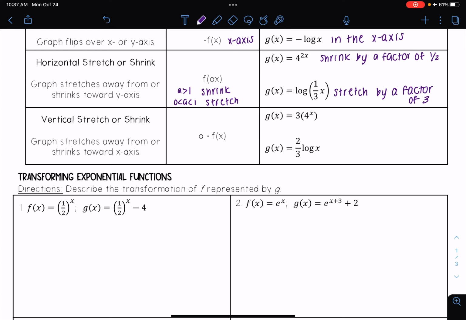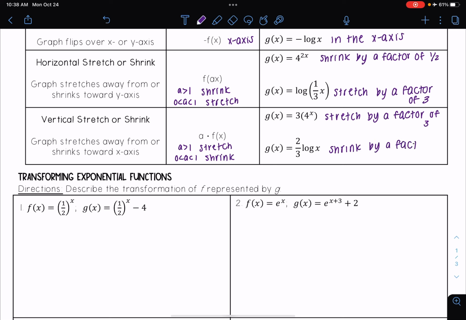And then vertical stretch or shrink is when the graph stretches away from or shrinks toward the x-axis. And so this is going to look like a times f of x. So here, if a is greater than 1, that's a stretch. And if a is between 0 and 1, that is a shrink. So for example, 3 times 4 raised to the x, that would be a stretch by a factor of 3. And then g of x is equal to 2/3 log of x, that would be a shrink by a factor